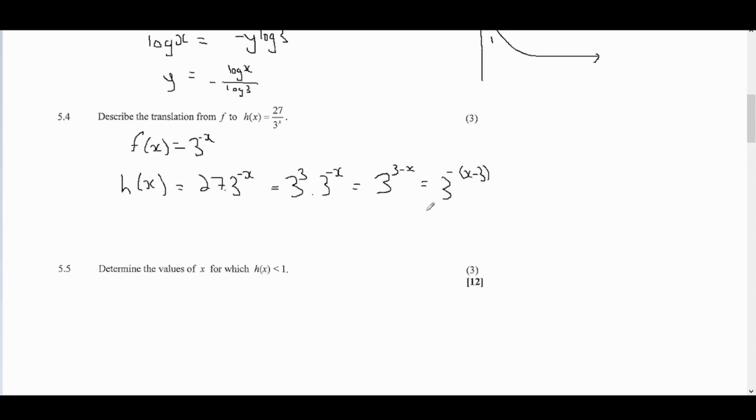So how does this graph look? Okay, so it looks very similar, because it is similar. It's just we are shifting it 3 units to the right. So how do we know it's to the right? We can see that